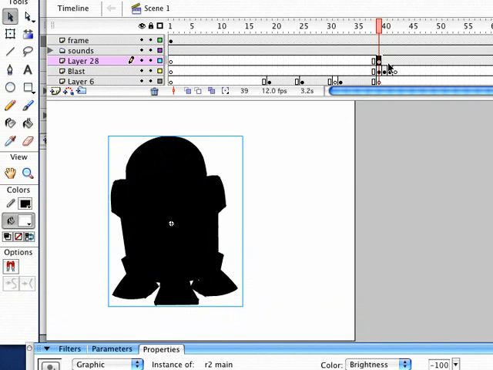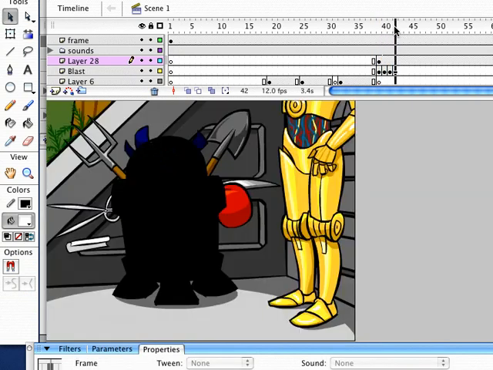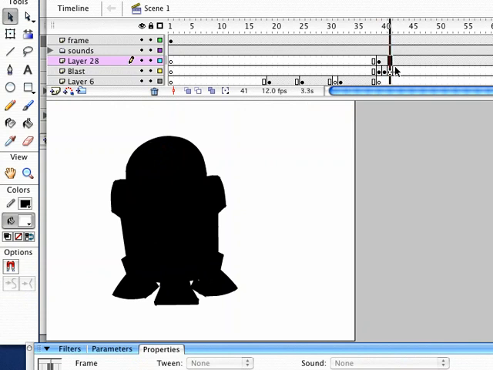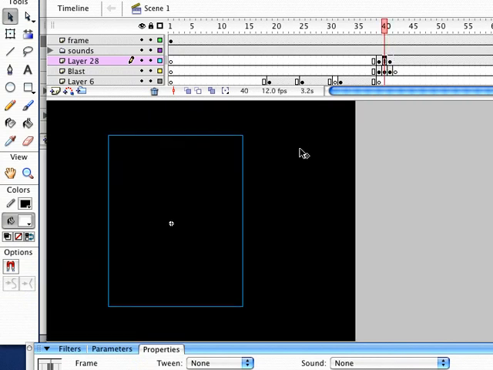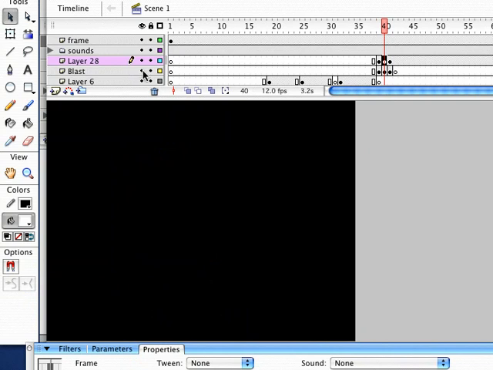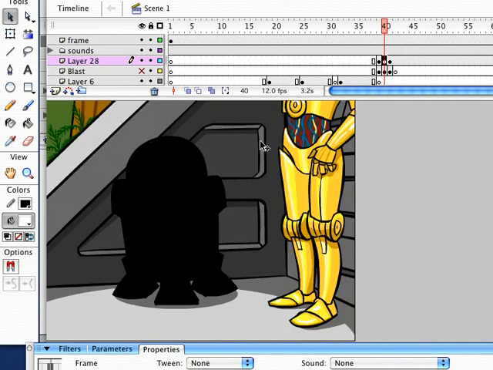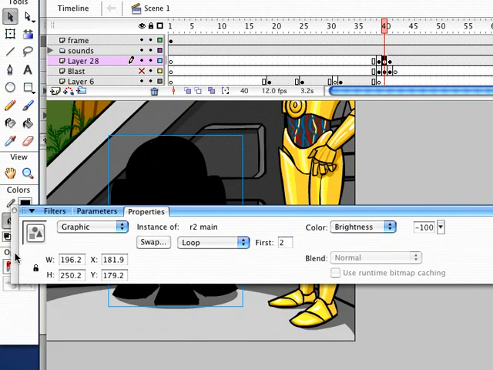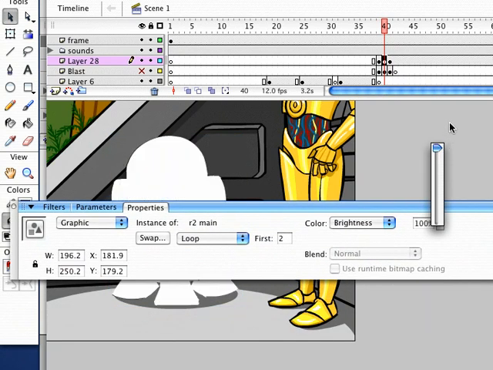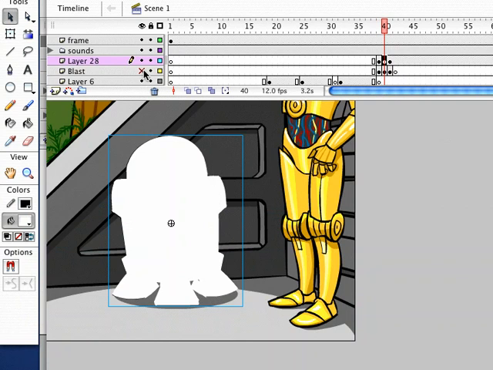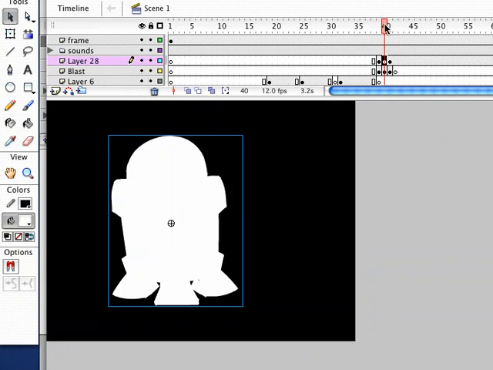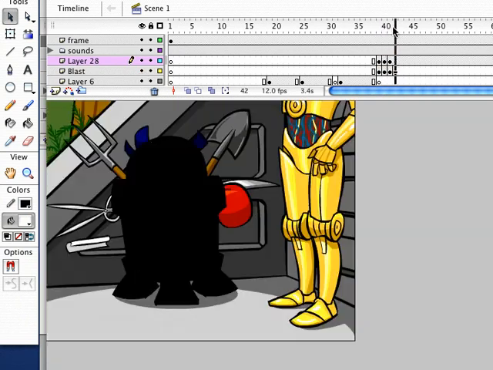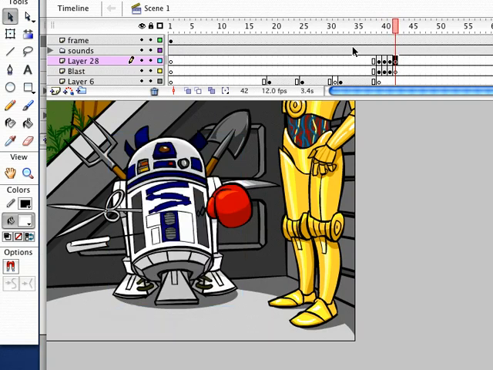Okay, so we know we have a white frame, and we have a black frame and a white frame again. So right here above the white frame again, I'm going to hit F6 to key that, and then we'll go back here and hit F6 again. Now you can see I'm black on black, so I might want to turn off this blast layer temporarily so I can see. Click on this, and again, let's just use this brightness feature. Let's push it the other way. We'll go all the way white. Okay, and when we turn on the visibility of our blast layer, we can see the opposite effect going there. And then make sure you turn it off right here by entering a blank keyframe. Hit F7 there.